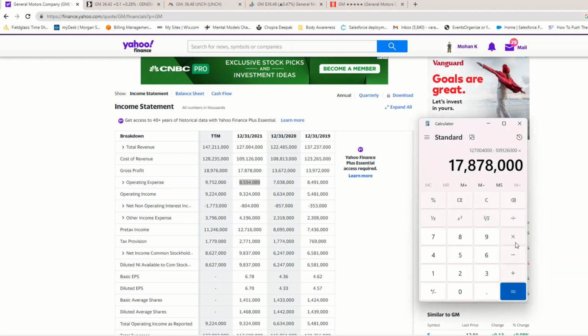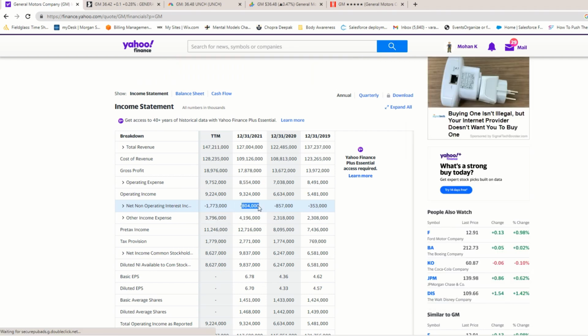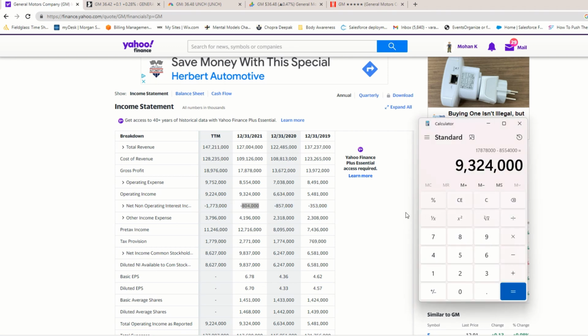Let's do that. Minus, which is equal to $9.324 billion of operating income. Okay. And then from there is an expense, non-operating interest income expense of 804, that is $8 billion. I'm going to take that and minus from here. Let's do that. Equal to